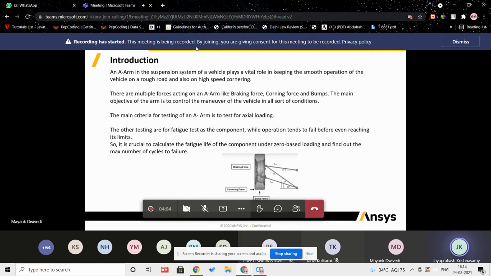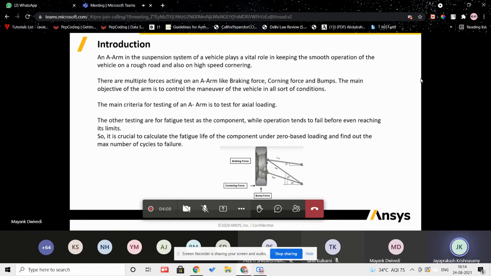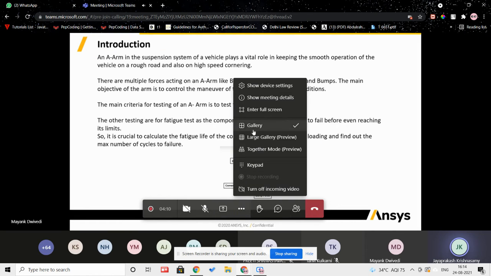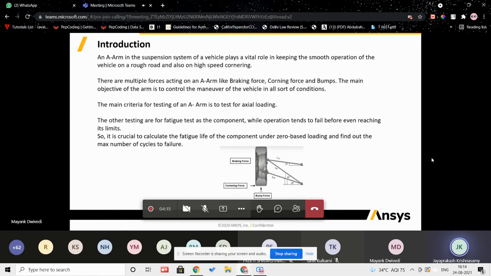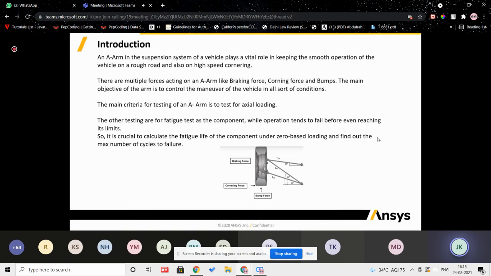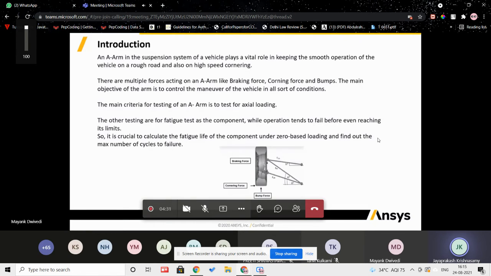The main purpose of this second case study is this: even if your stresses are within the limit, for example, let's assume the stress limit for this arm is 300 or 500 megapascal, and after applying all the loads your stresses are well below, say 100 or 75 megapascal, you can directly say my factor of safety is high. Of course, my structure is going to be safe, right?